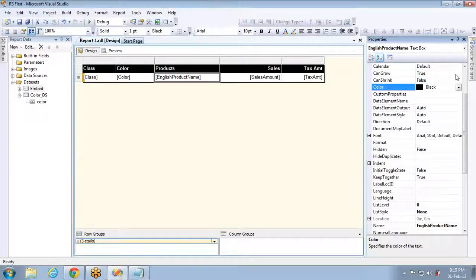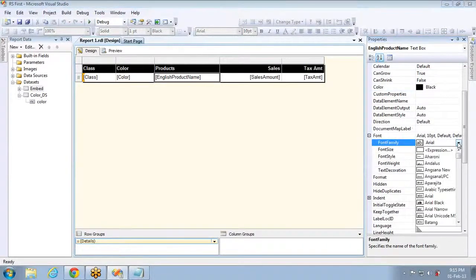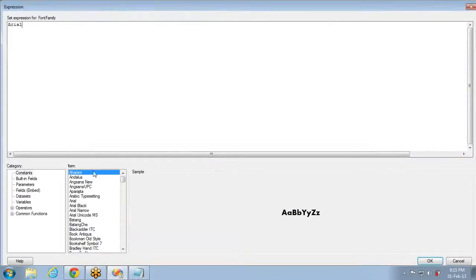In the same way, if you go to the font, you can see these are all the different values you can set for this particular property. If I go to the expressions page, you can see Aharoni, Andalus, and other fonts. The same values are available in the item part.